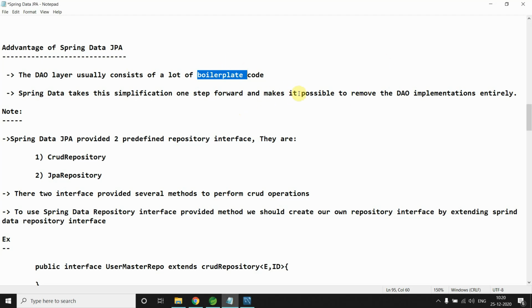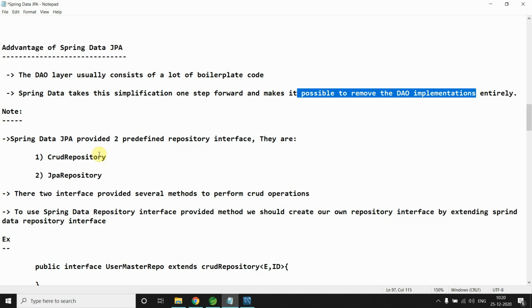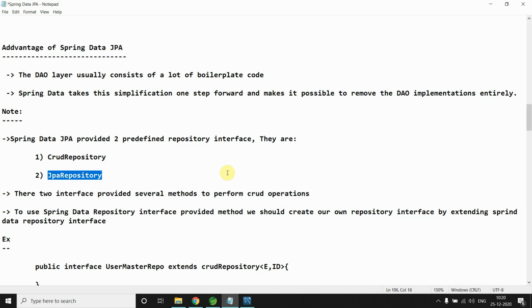And the second thing, when you implement that CRUD repository or JPA repository, it will give you the runtime implementation. When you implement these two, by default JPA will give the runtime implementation for your interface. Let's see how it will give that. I will show you, because we are not giving any implementation like when we are creating a DAO. Here JPA will give the runtime implementation with the help of the proxy design pattern. I will let you know how that works.